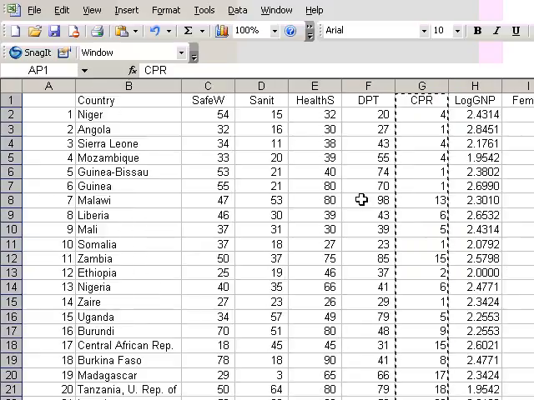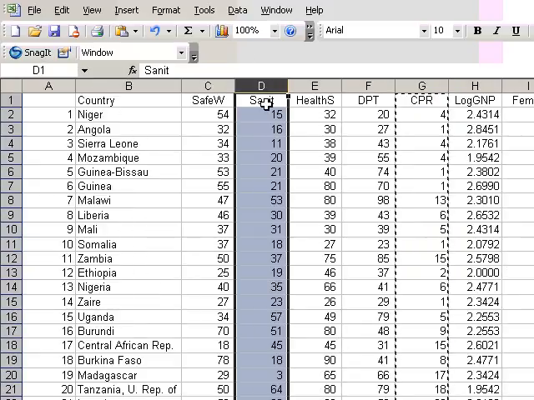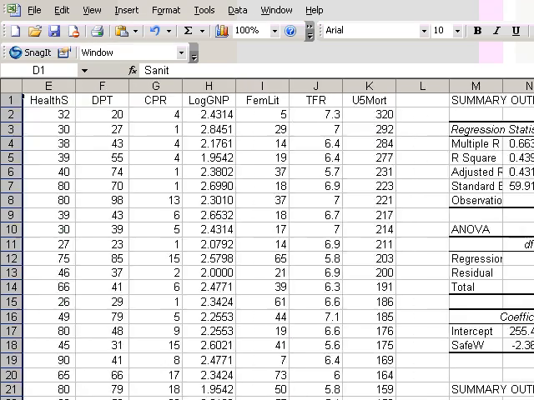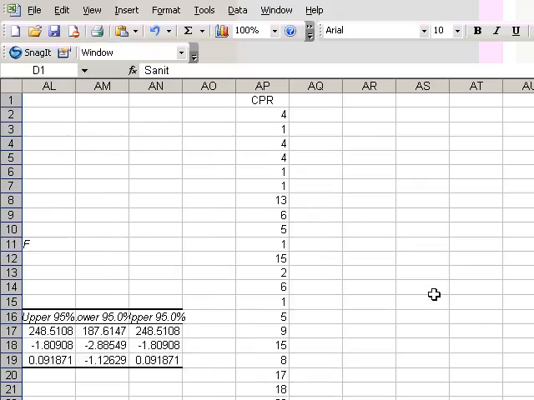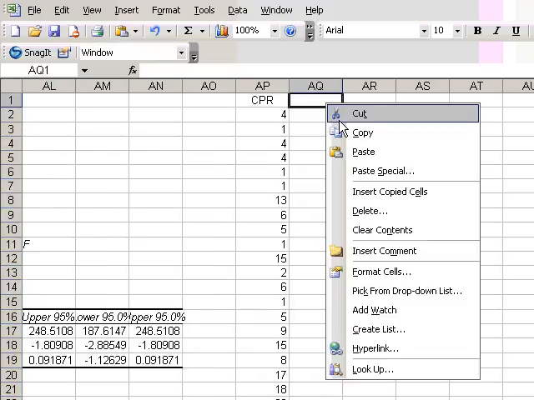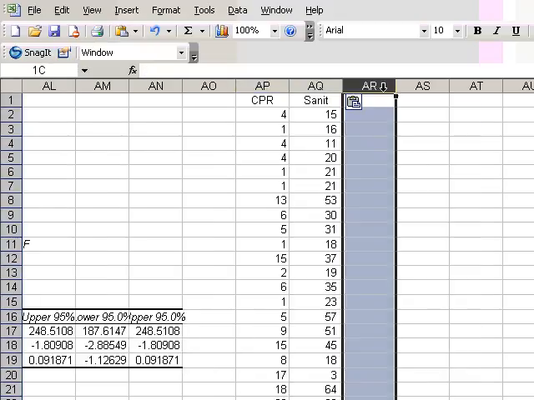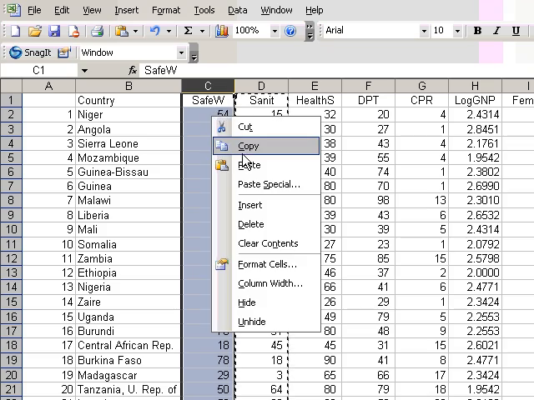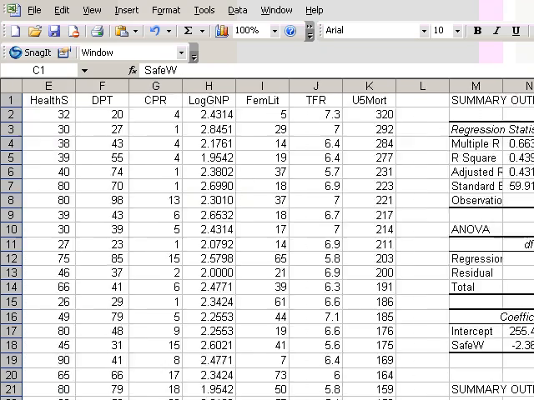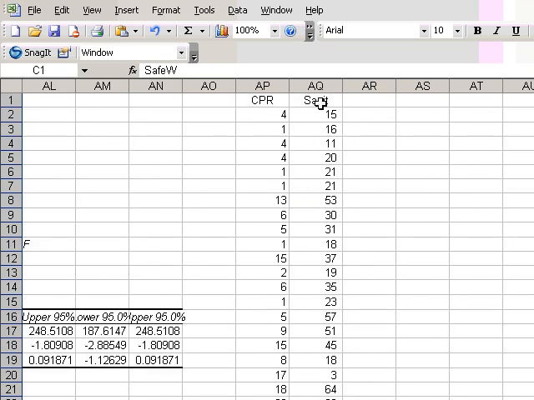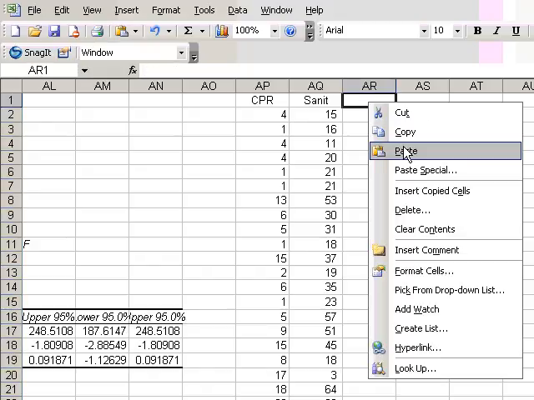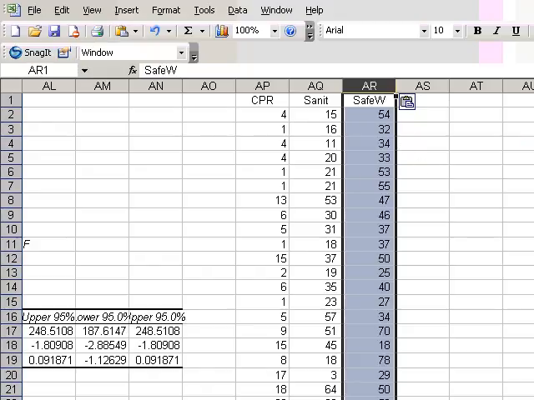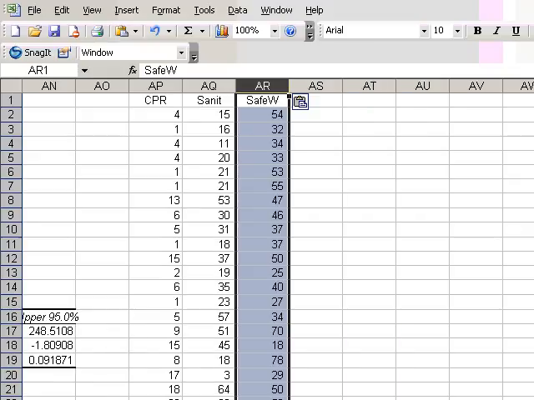Then we're going to copy sanitation and paste it in AQ1, and now in AR1 we will paste safe water. Now we have the first three variables that will be examined